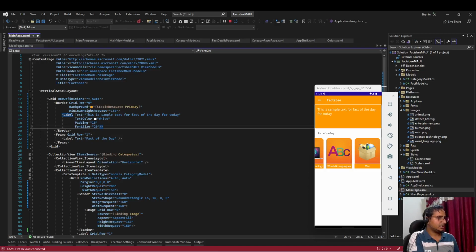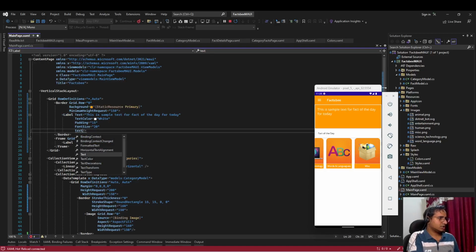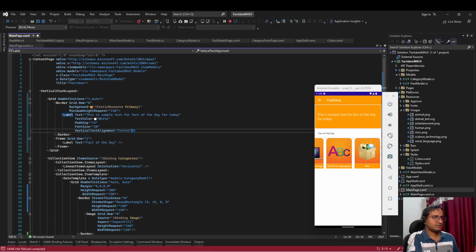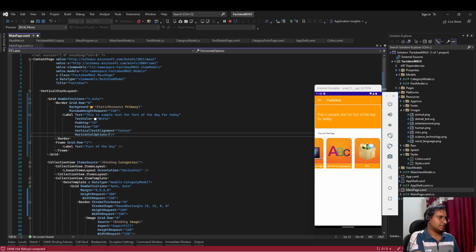Okay, and then we can say the text alignment, vertical text alignment center, and horizontal text alignment is also center. If the fact is very small, we are going to align it to the center of the screen horizontally also. So horizontal text alignment is also center. Okay,